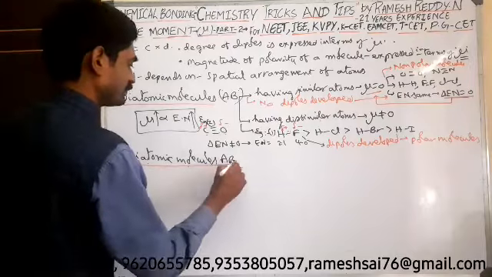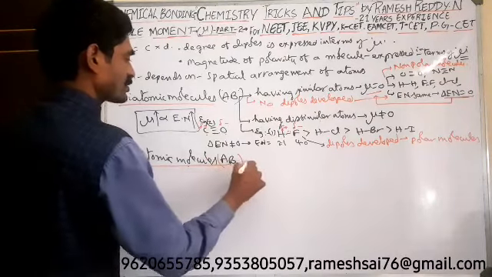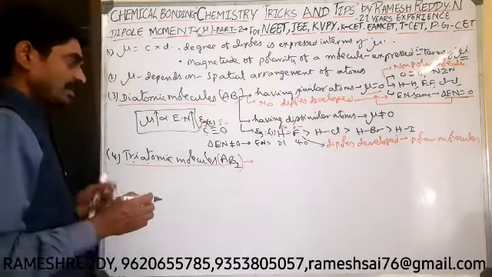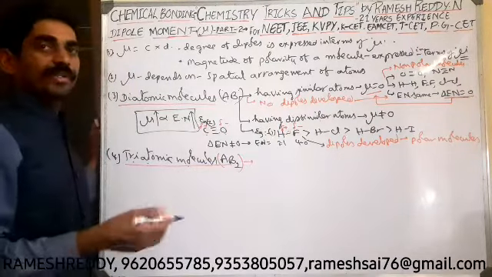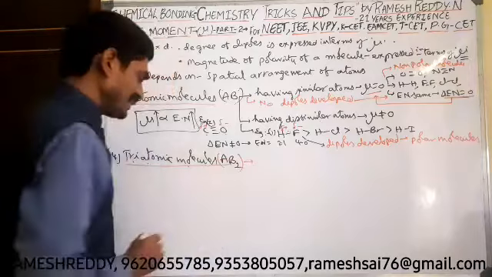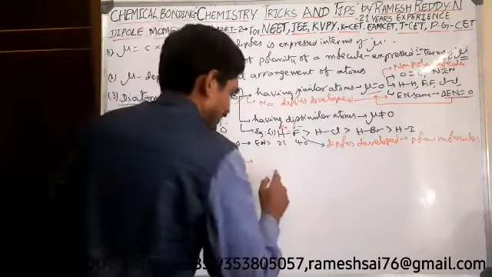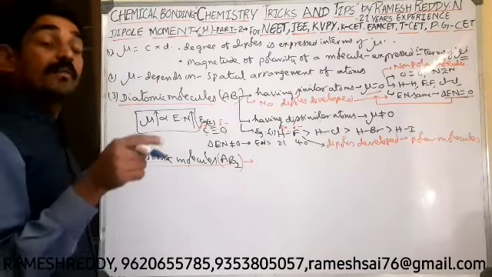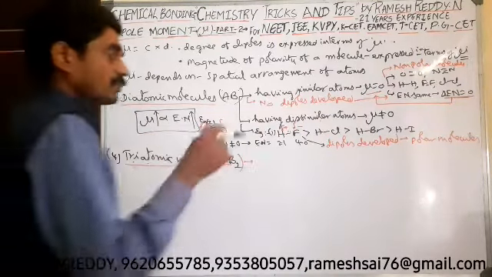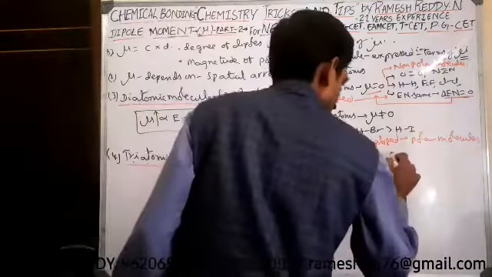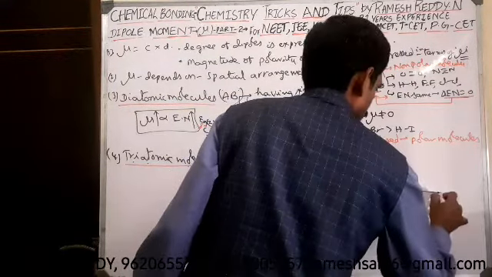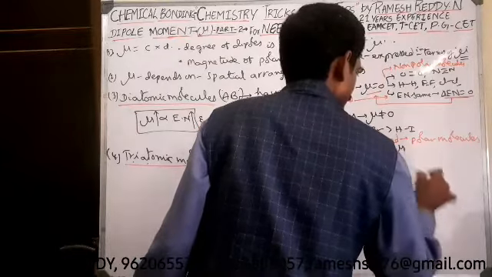So how do we calculate or find out the dipole moment in these molecules? The dipole moment depends on bond dipoles. For example, the dipole moment of one bond is mu1,